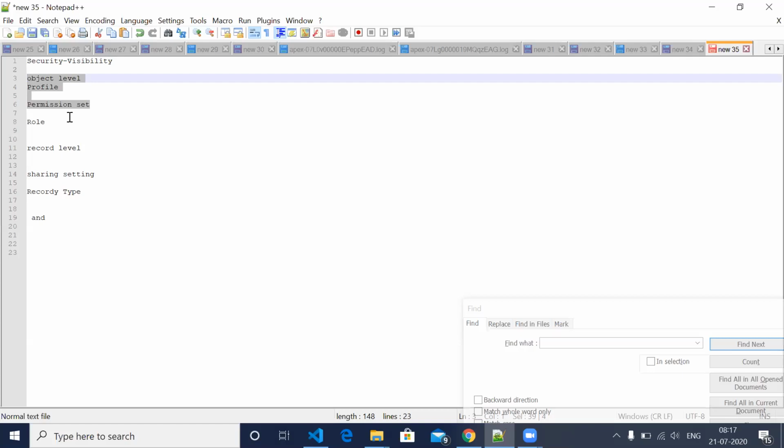And record level means whenever you are creating records. Now the object is ready, you have given permission to them and they are creating records. Like how you created an account record: you click new and you created one record. At that time we can control, and we have to control, what people should see these particular records.